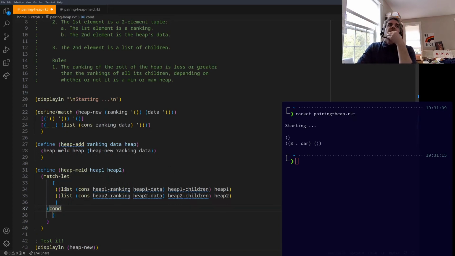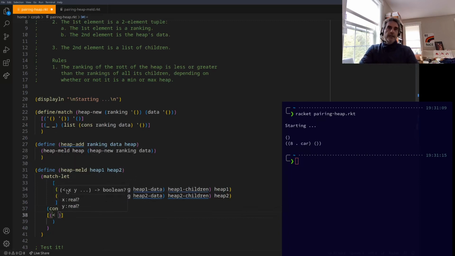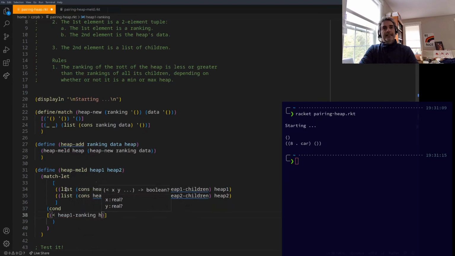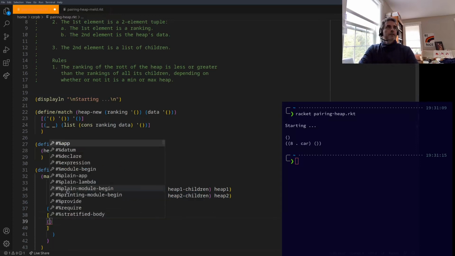And our cond has a condition. One of the conditions is that heap 1's ranking is less than heap 2's ranking. What does that mean in this case? That means heap 1 is the smaller, and it should be at the top of the heap. So now we need to rebuild the heap such that